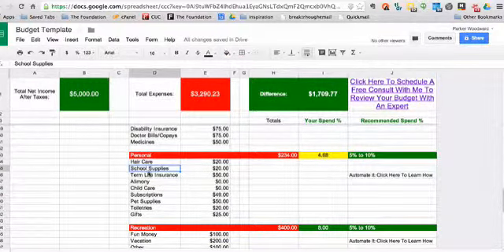Things like school supplies, term life insurance. I cannot recommend enough the term life insurance. What this means is it's a very, very low cost. On average, depending on your age and conditions, it can average anywhere from $15 a month to $50 a month per person. Now, what this means is term life insurance. You're basically going to want to buy 10 times as much as you currently make. So for example, if you make $60,000 a year, you're going to want to buy $600,000 worth of term life